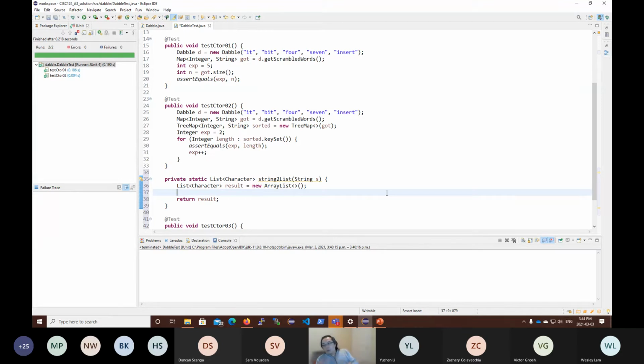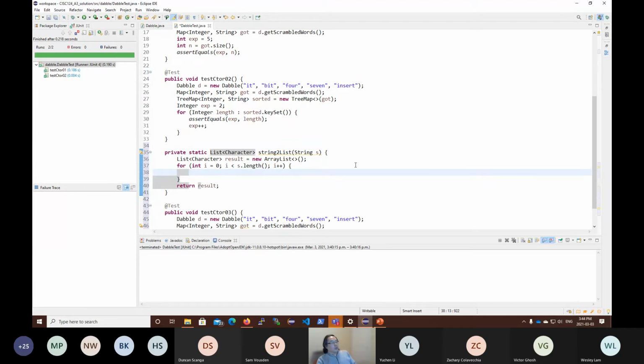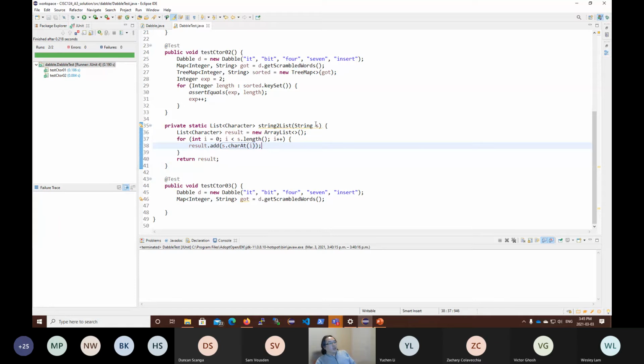Now what do I want to do? Well, I want to loop over the characters of the string, so i equals 0, i is less than s.length. I want to get each character from s and put it into the result, so result.add charAt i. That takes a string s, takes the characters from s, puts them into a list, and then returns the list. So now down here, I can call it for each one of these words,